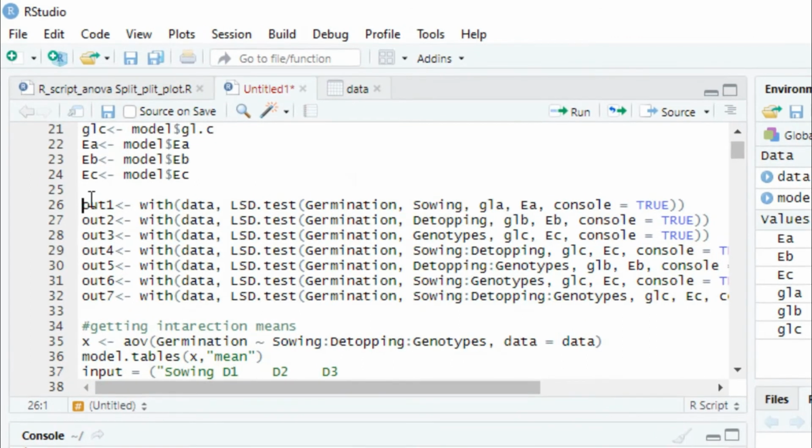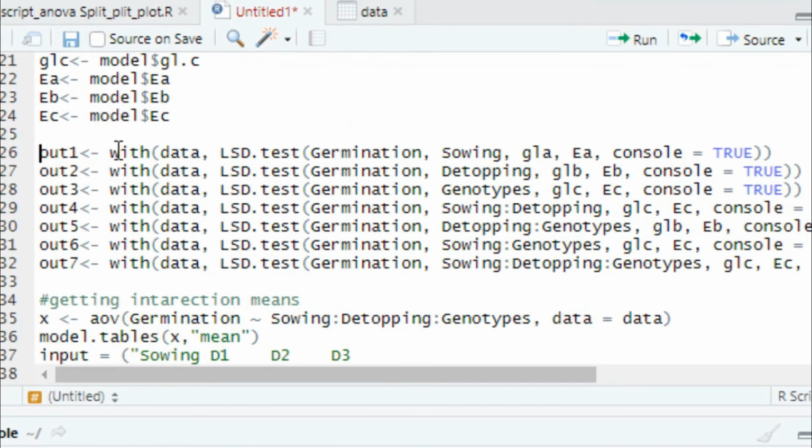Now write out1. It is storage in out1 with data LSD test. First parameter, that is germination, and first factor swing time, that is swing, GLA, EA, console is equal to 2, bracket close.